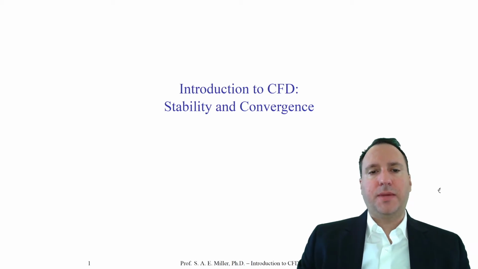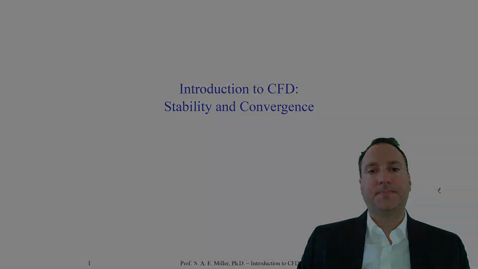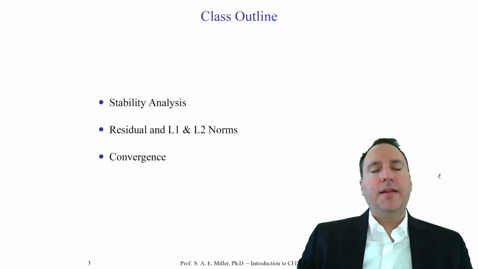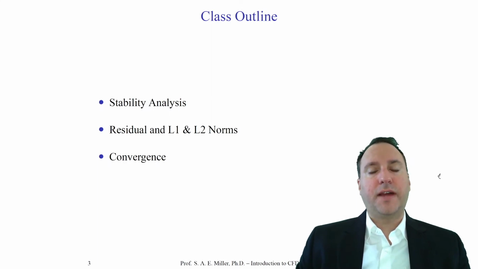Today we'll be talking about stability and convergence, which are two of the most important aspects of the numerical underlying characteristics of the solver. In the previous class, we talked about two types of algorithms. The first is incompressible and the second is compressible. We won't be looking at the stability of these algorithms explicitly, but they do have complicated analysis which you can look at. In this class, in particular, we'll look at stability analysis, the so-called residual of the L1 and L2